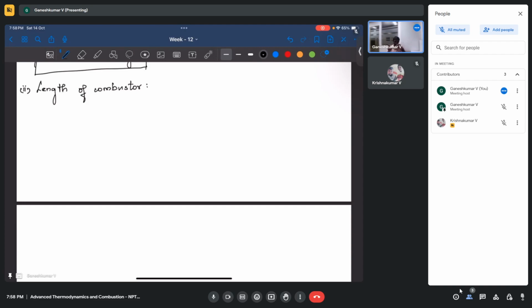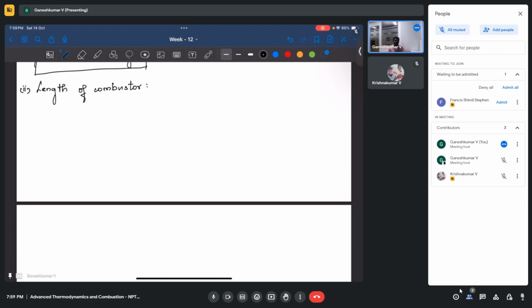Let's say there is any difference in speed, say the particle moves at lesser velocity than the gas velocity. Then the way in which these formulas are derived should be changed. You cannot apply the same analysis when the droplets and the gases are moving at different speeds. But it is quite possible in real situations. We always encounter situations where droplet and gas velocities will be different. Okay, so one second.